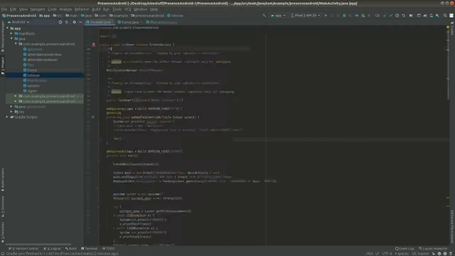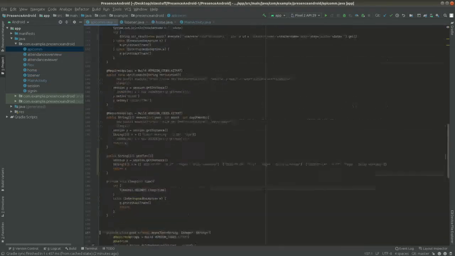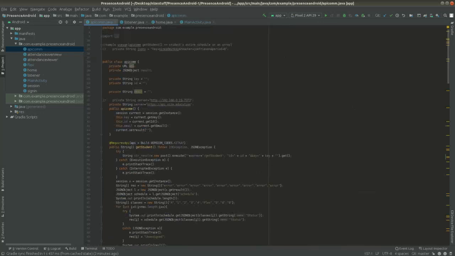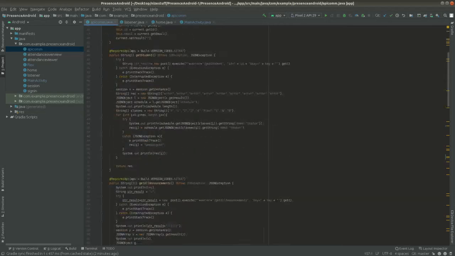Right, so that was just the services. So something that stays in the background while you run the app. And then the next one is the threading. Right, so right here, this should technically be implemented as a service as well because this is running in the background. But basically, this is the